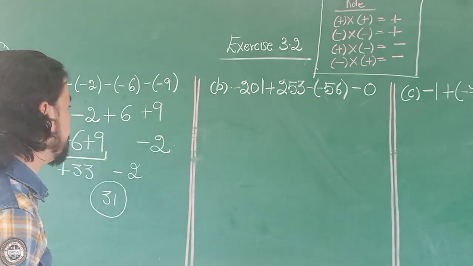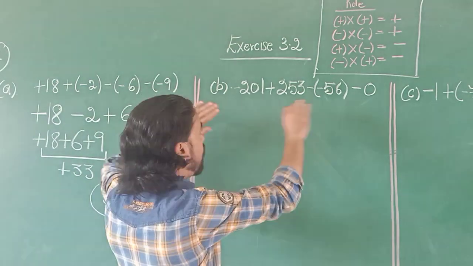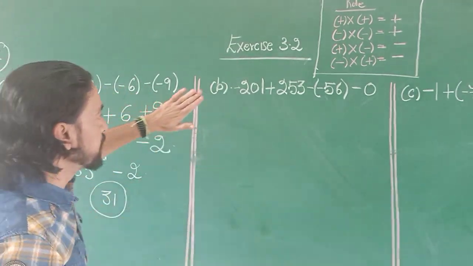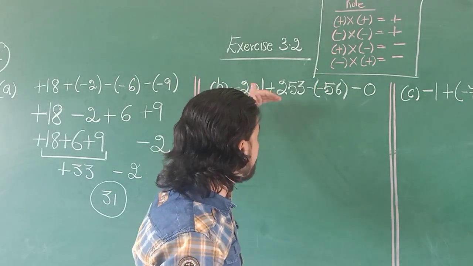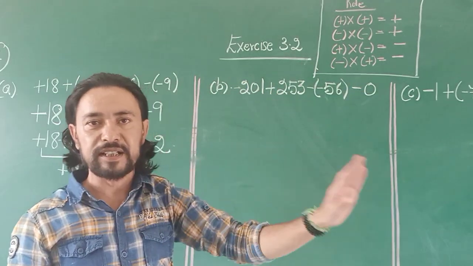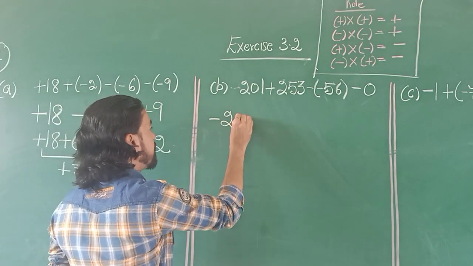Let's go to sum number B. Let's go one step at a time. Now you can see all the numbers have the signs, but there's only one number that is in the brackets, that is minus 56. The rest are all open without any brackets. So I write them as it is: minus 201